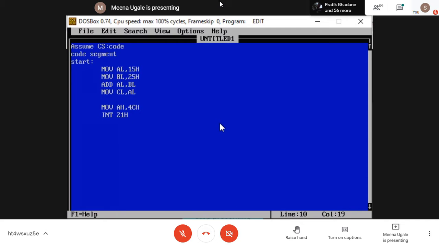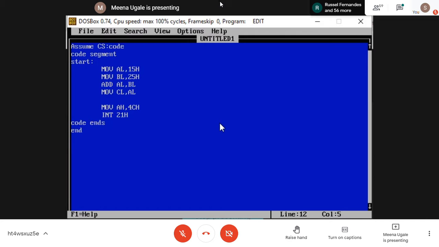Because my instructions are over, I should end my program properly. So how to end the program? First, you should end your code segment. I end my code segment with the ENDS assembler directive, code ends. And then I should end my main program.